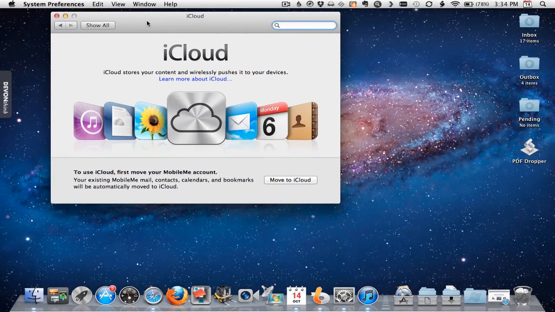Okay, now that I've updated my system to 10.7.2, when it restarts, we're greeted with the preference pane for iCloud. Now on mine it says it has instructions on how to move your MobileMe account because I happen to have a MobileMe account, so it's going to ask me to move it over. If you don't have one, it'll probably ask you to create an iCloud account